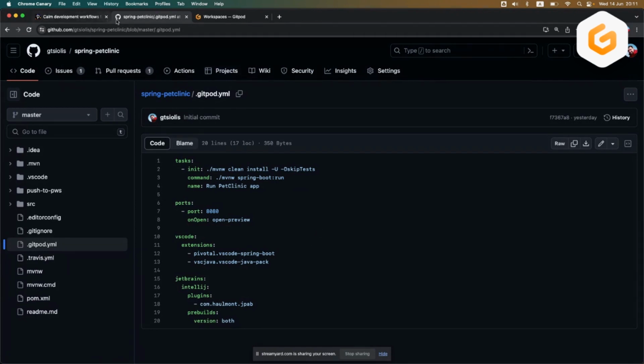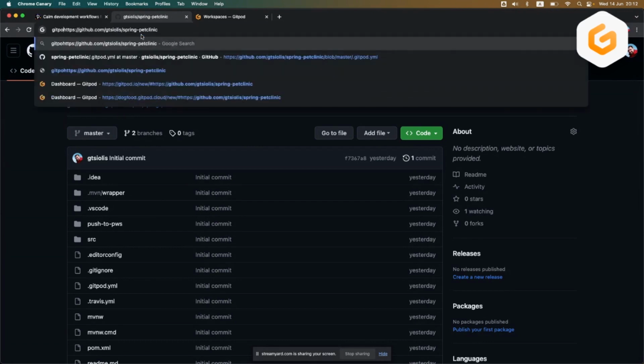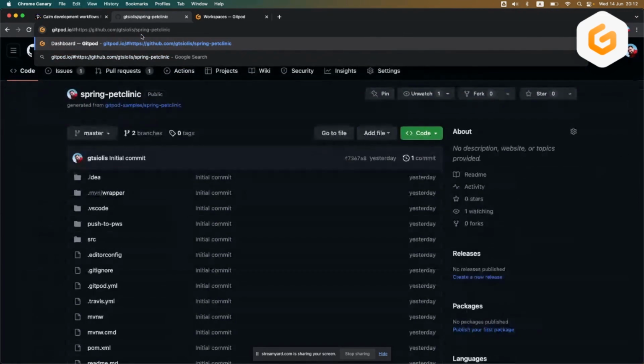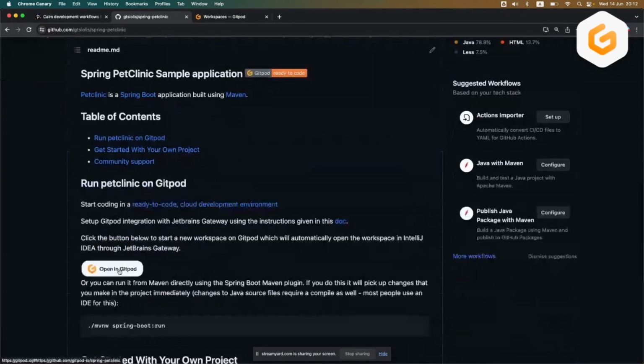I can try this. If you go to the repository, this is a fork of a repository from the Gitpod samples organization. You can check it out. I added it here to also check the pre-builds because I needed to add this as a project. You can either go to the URL and prefix it with gitpod.io, or, if I reload, there's also a Gitpod extension that adds a button in the UI, which makes it easier. Sometimes you can also include it in the README file. It's easy, just prefixing the URL.